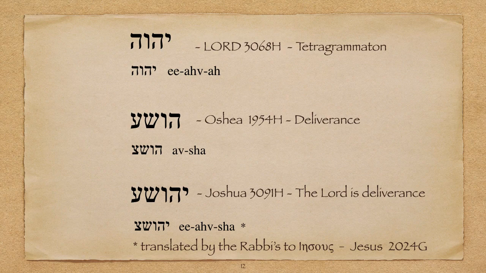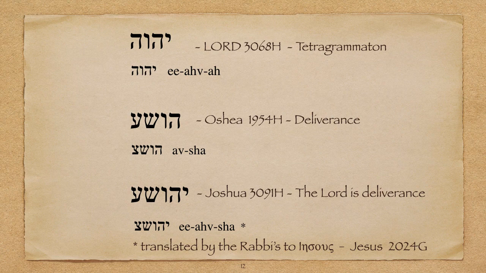With the names we're studying, Lord, Hosea, and Joshua, we see that the Tetragrammaton contains 3 letters from our group of 5, the Yod, He, and Vav. From the Greek pronunciation of the Hebrew, the Tetragrammaton would have been pronounced Iava. The second word, Hosea, contains 4 letters from our group, with the first and second letters, He and Vav, both of which are found in the Tetragrammaton, and would have been pronounced Avsha, meaning deliverance or salvation, if you wish.